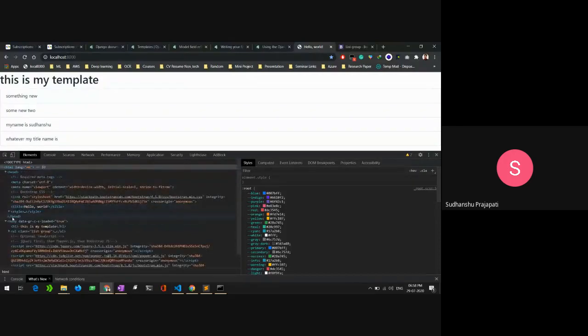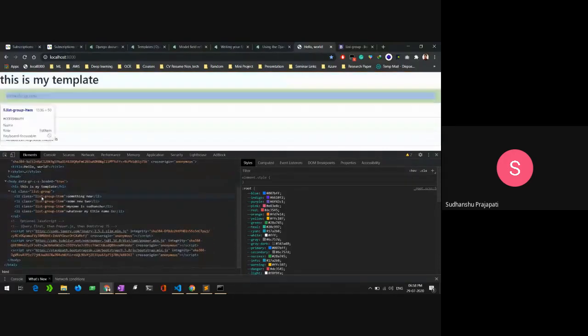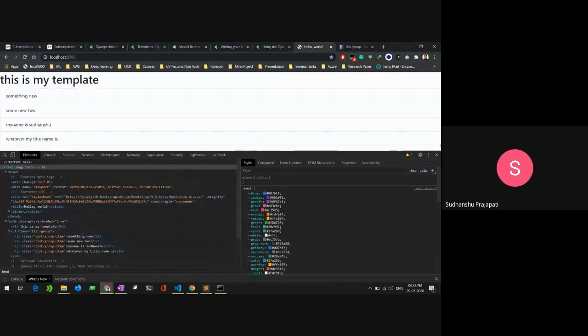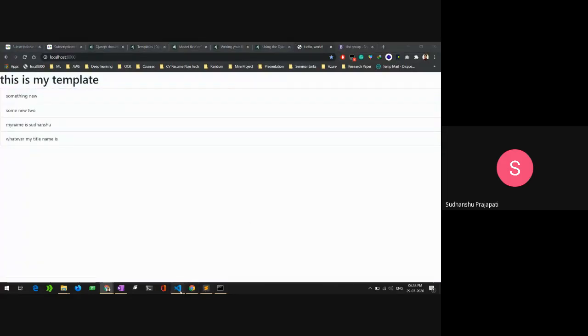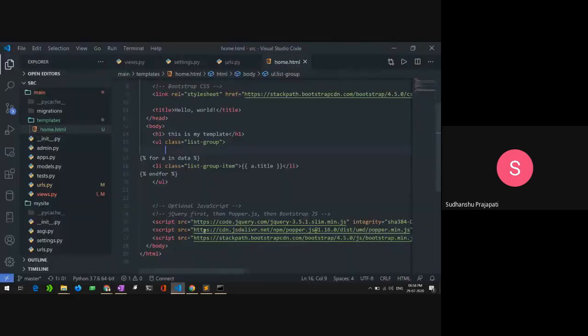That won't be rendered in the actual page. So our content will be hidden and it will be decided based on the condition.